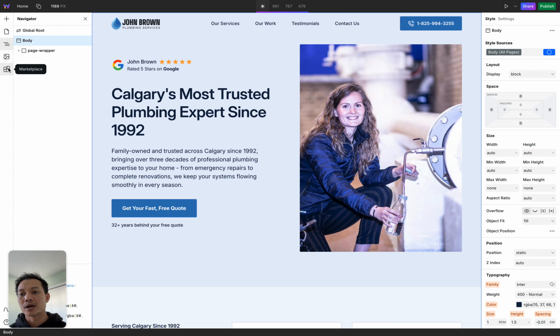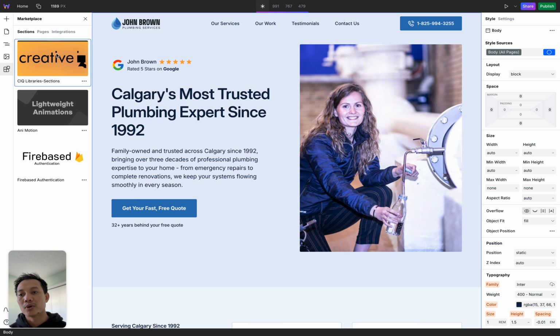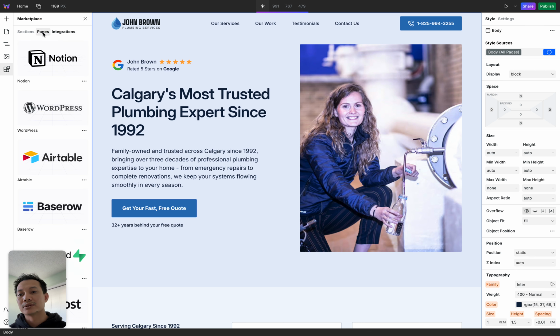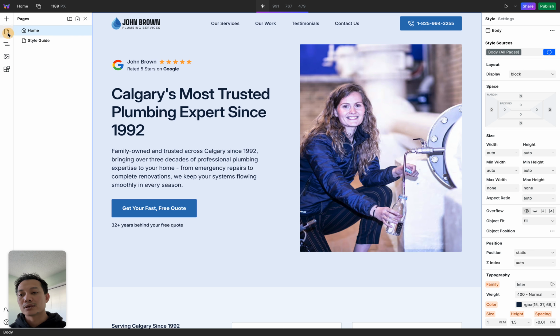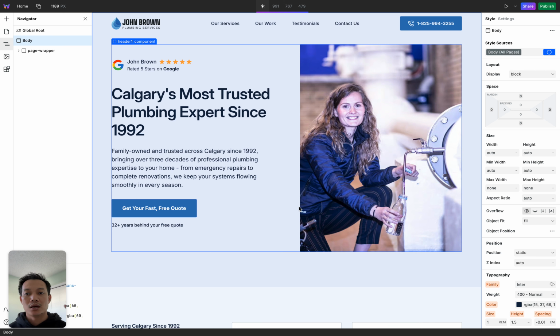And this building block is the marketplace. There's a bunch of components right here, which you don't have to touch for now. It's a lot of things to cover, so just skip the marketplace for now. I'd like to focus on helping you to first of all understand really briefly the components that make up